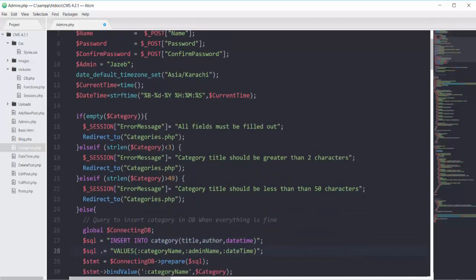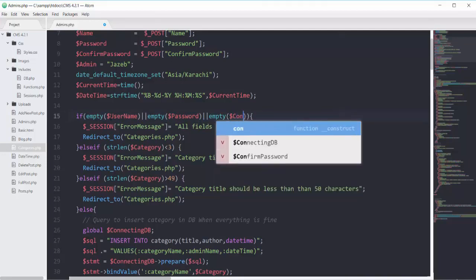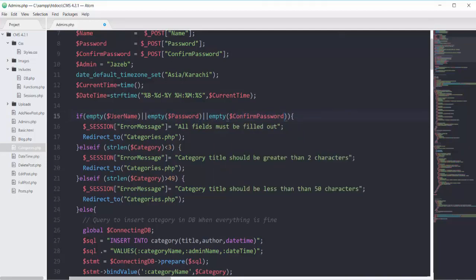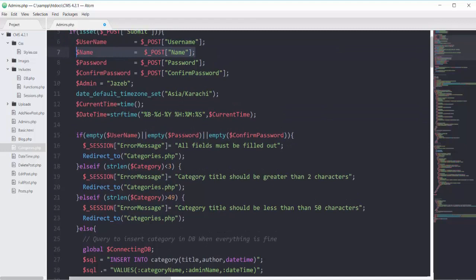For this empty condition, this validation, I will make it if my username is empty, or my field of password is empty, or my field of confirm password is empty. Show error message, all fields must be filled out. And I'm not making this name field to be a necessary one, I'm making it optional, so that the person can add the full name of him later after being created by the existing admin. So we will show this error message and we will redirect to